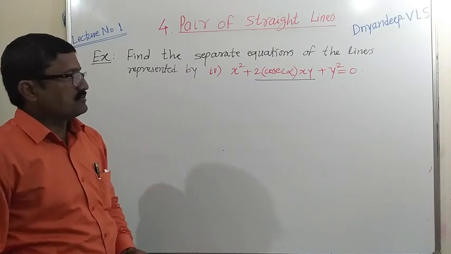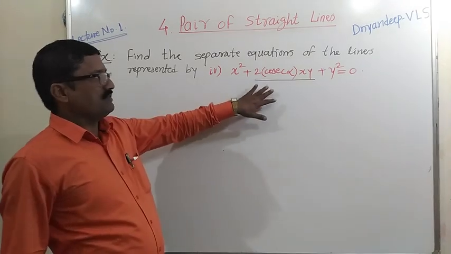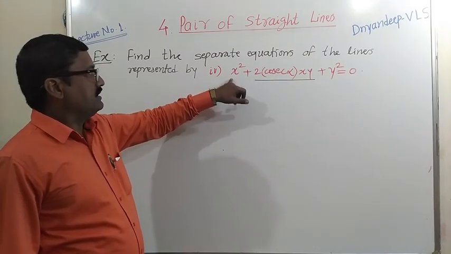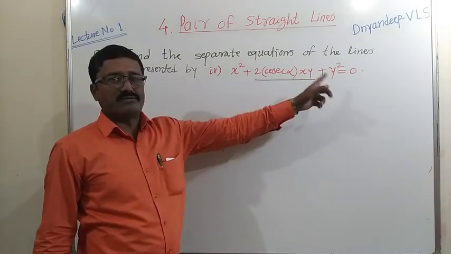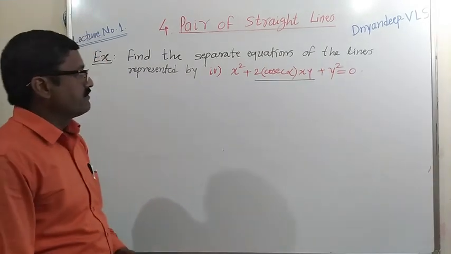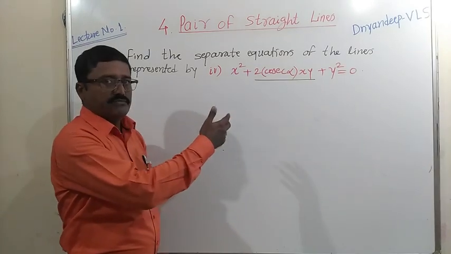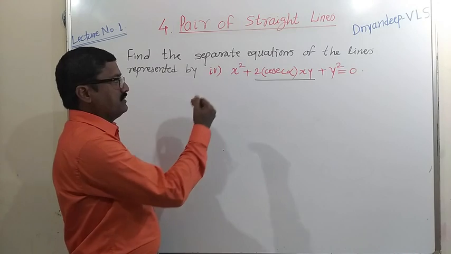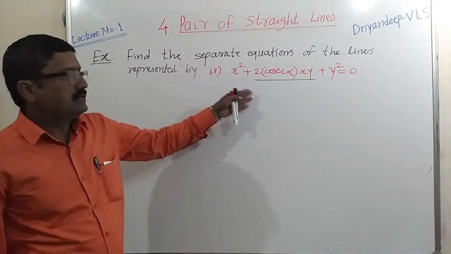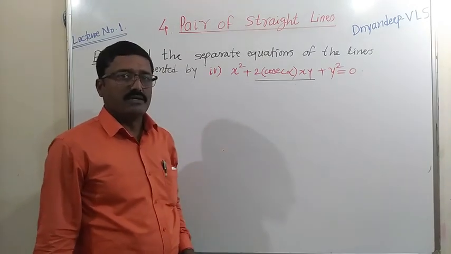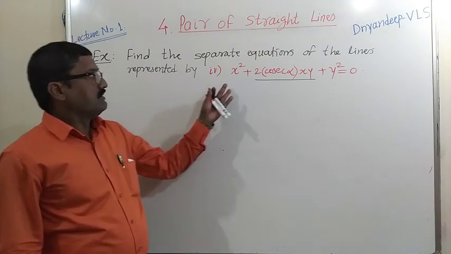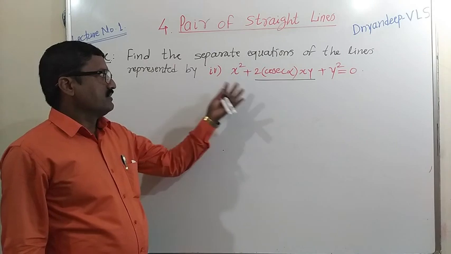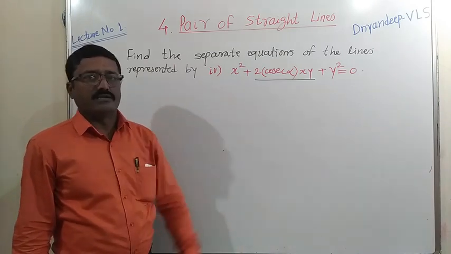And after learning that auxiliary equation, we can easily convert this equation into a quadratic equation in a single variable. Here this is a quadratic equation in two variables, two unknowns x and y. So if we convert this equation into a quadratic equation having one variable, then we can use the formula method to find the solution of that quadratic equation. So we will solve this example and similar examples after learning that auxiliary equation in our next lecture. Okay.